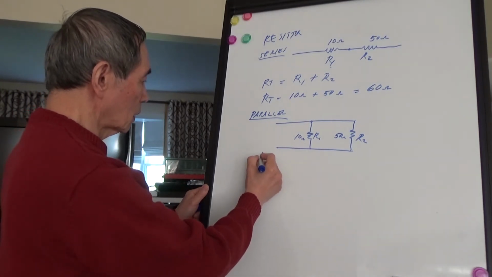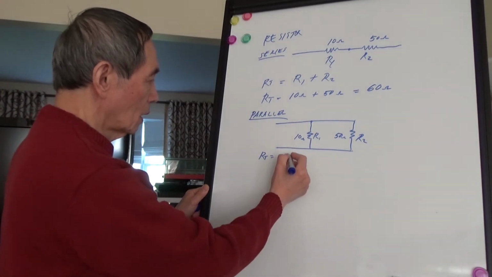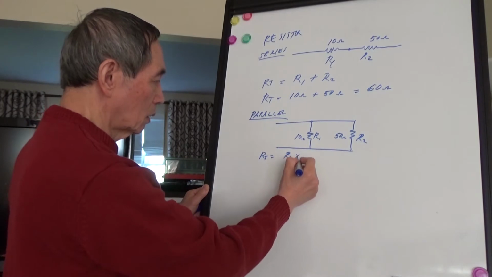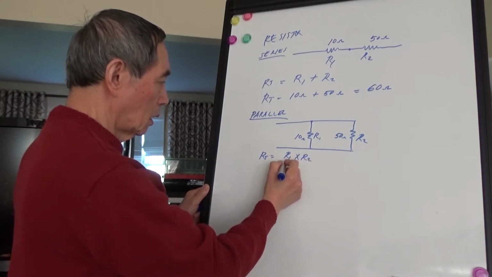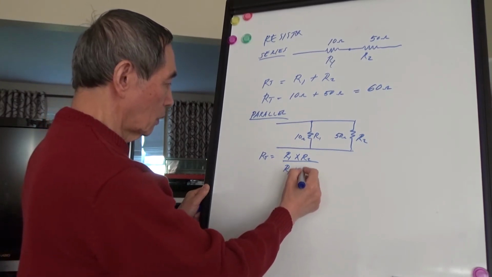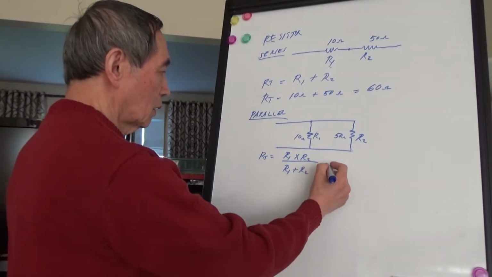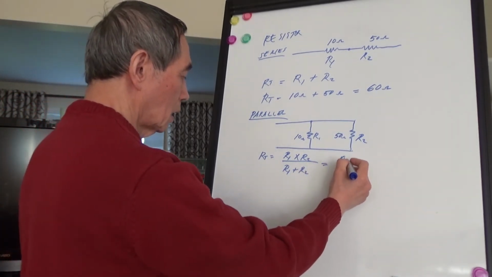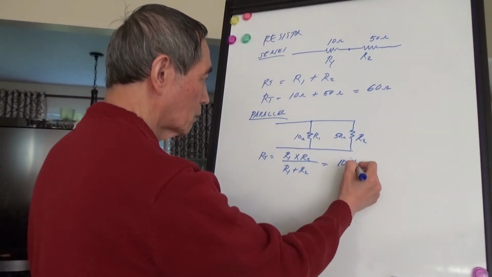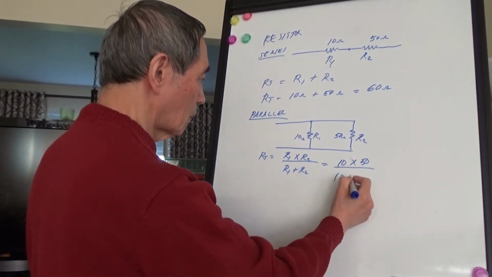So the formula for the total resistance of parallel connected resistors is the product of the two divided by the sum of the two. So it's 10 times 50 over 10 plus 50,